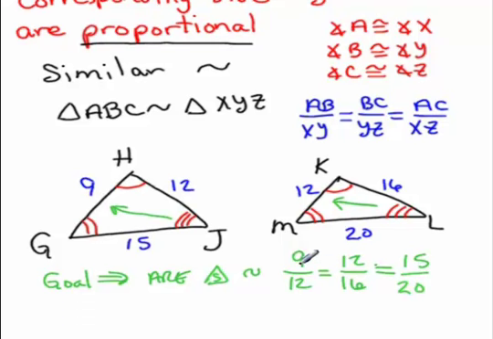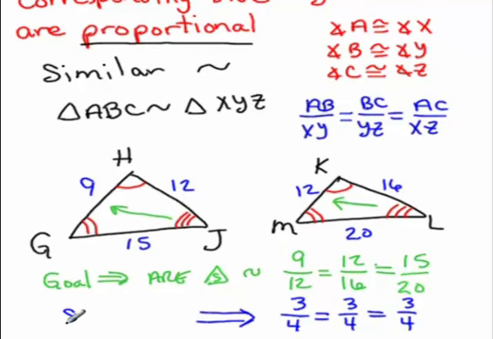Or, if we reduce each individual ratio, check to see if we have the same number. 9 and 12 would reduce to 3/4. 12 over 16 reduces to 3/4. They reduce by the number 4. And the last one, they reduce by the number 5 to 3/4. Notice they all reduce to the same value. Thus, we have a scale factor, and we can conclude